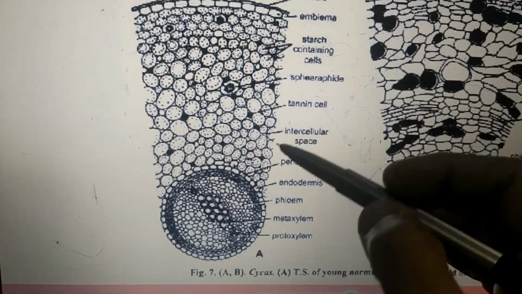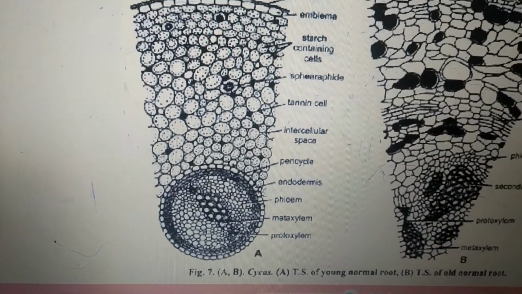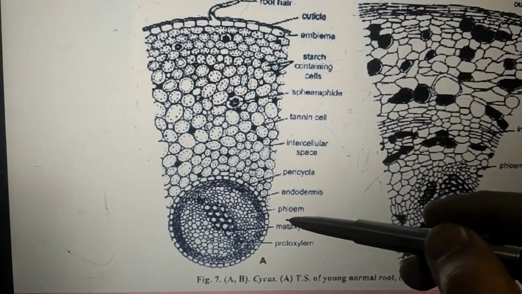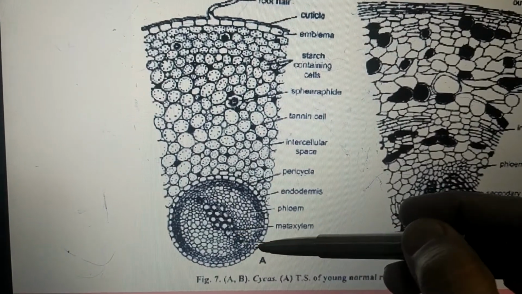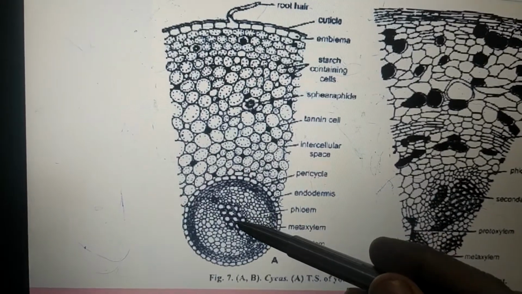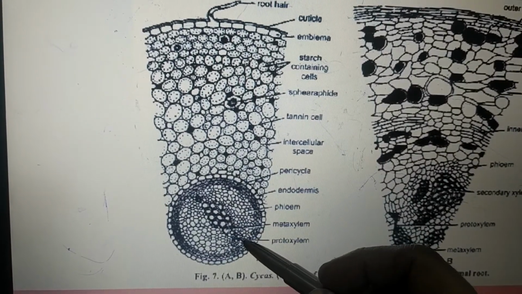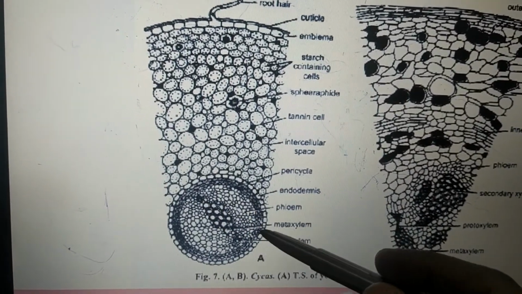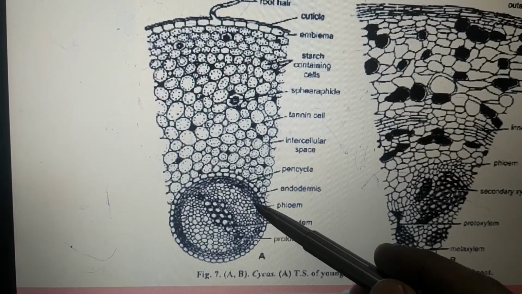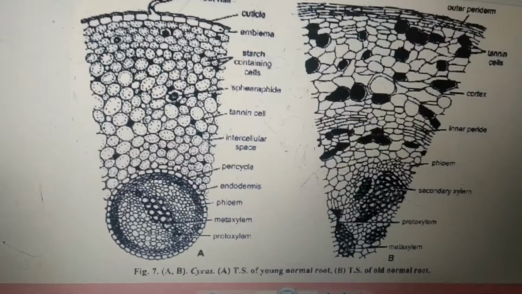The innermost layer of the cortex forms the endodermis. Followed by the endodermis we have a pericycle. Inner to the pericycle we have the vascular tissue. Here the vascular tissue is protostelic, in the sense of absence of pith in the young root. We have xylem, which is surrounded by phloem. Xylem is exarch, in the sense that metaxylem is present towards the center, whereas protoxylem is towards the periphery. So xylem is exarch and surrounded by phloem, and next to phloem we have the pericycle and endodermis. So this was a description regarding the young root.